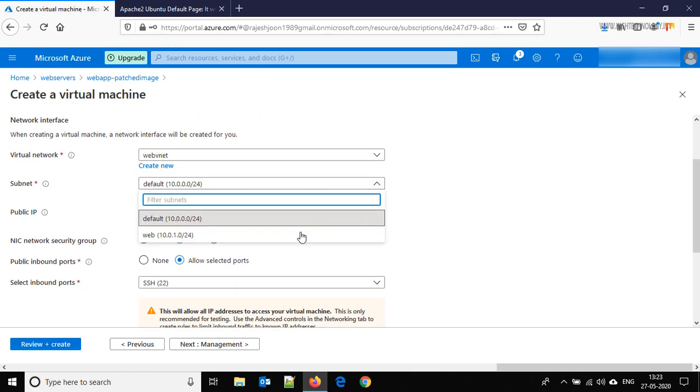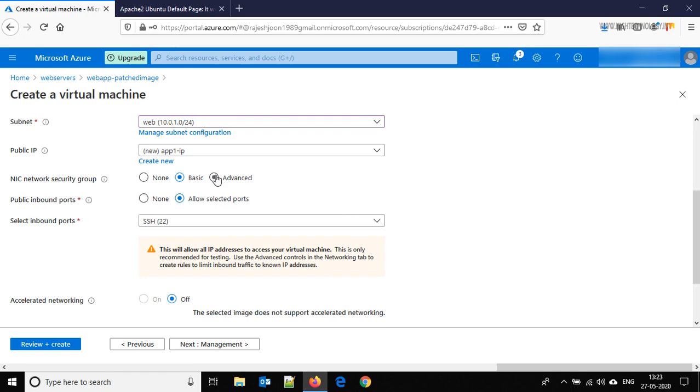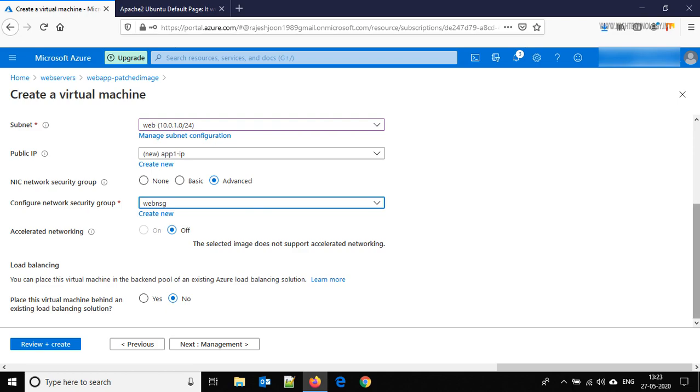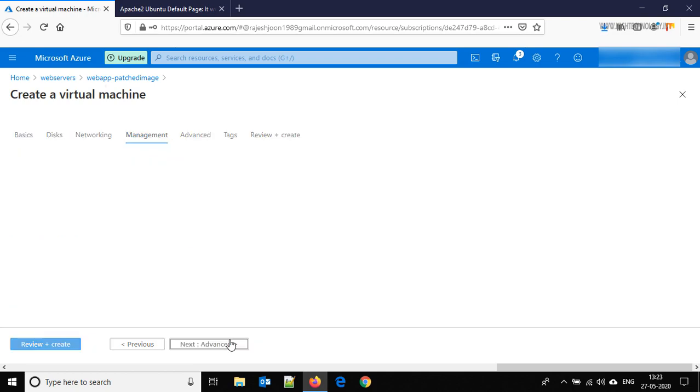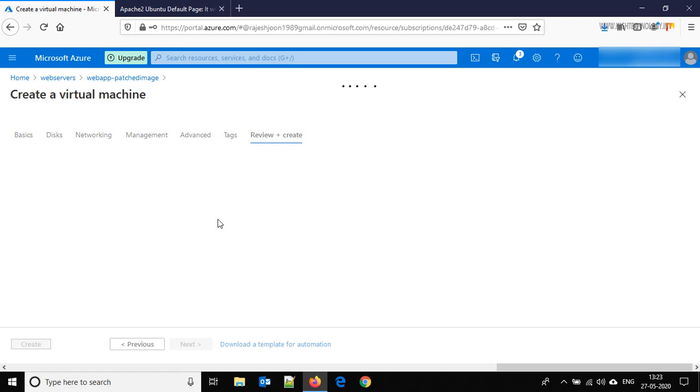Here we are giving it web, and public IP none. On the network security group, give it the web NSG. Management off. This is the boot diagnostics, we are keeping it off, and just click on review plus create.